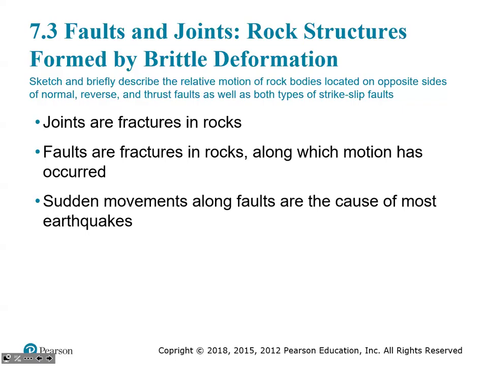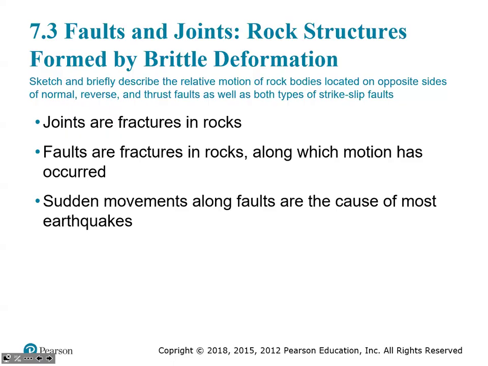So those were the ways that the rock can fold. Let's talk about what happens when the rock breaks instead. This is where we get joints or faults. Joints are fractures in rocks. They're just cracks. Faults are fractures in rocks, just like joints, but they're ones where the two sides have moved